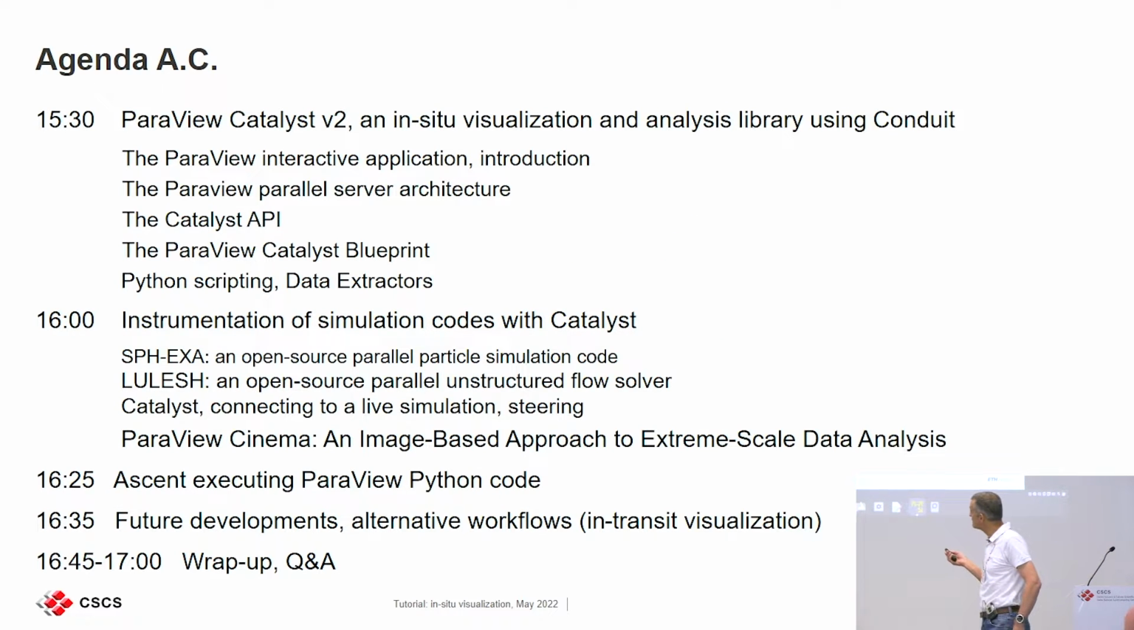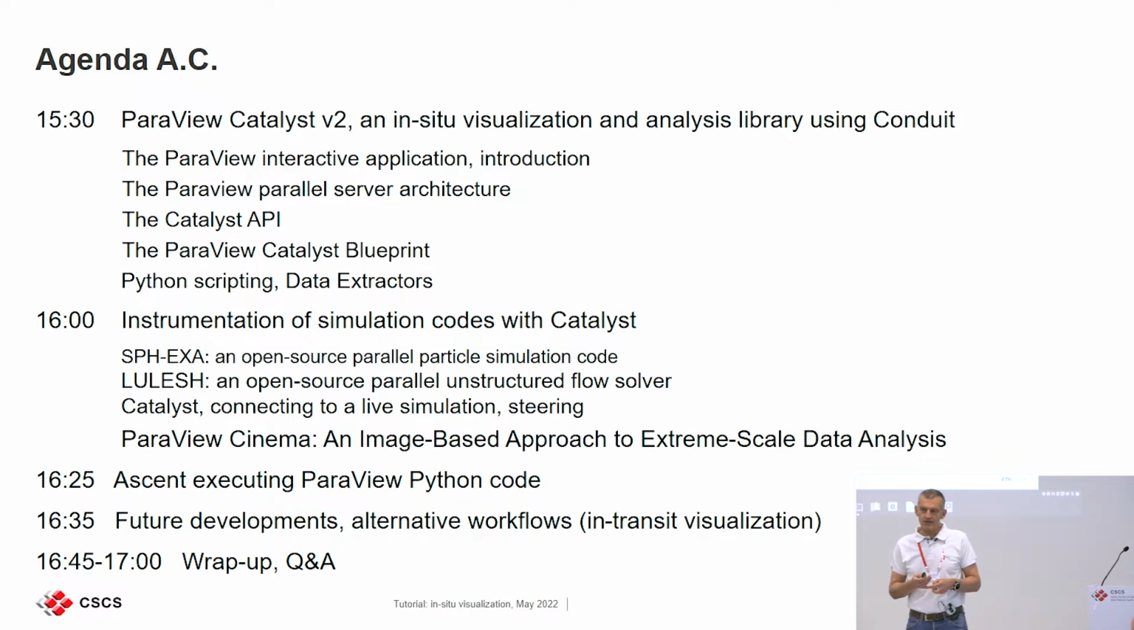After the coffee break, we're going to jump into Catalyst 2. Of course, we will have already learned all the required details about Conduit. Catalyst version 2 is based strictly on Conduit, so I will not have to talk about VTK objects underneath. We'll talk about the API, the ParaView Catalyst blueprint, and then the most important piece of it is how to write Python scripts to drive the in-situ